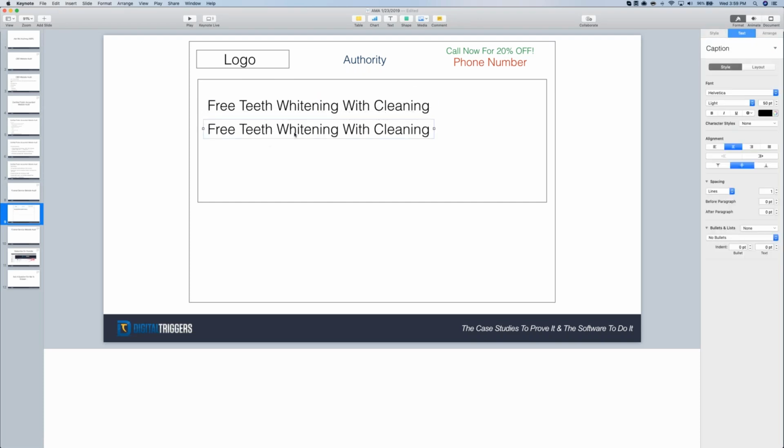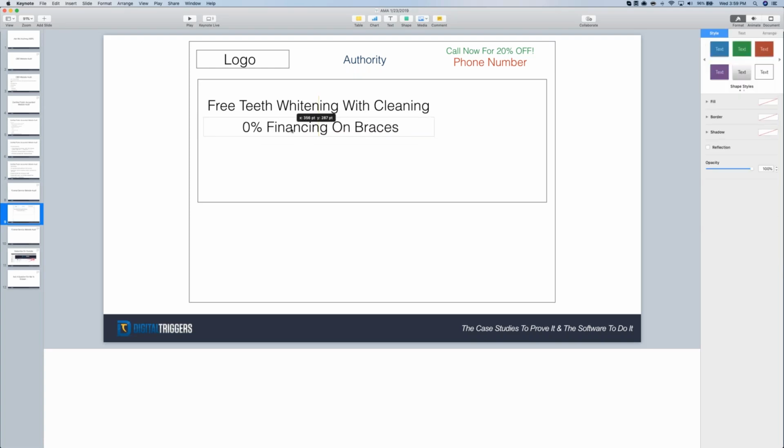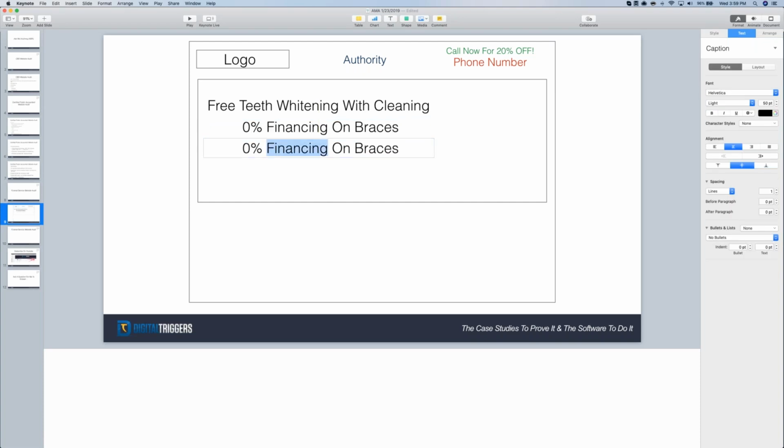What's another offer? Braces. Okay, so if they do something with braces, be like 0% financing on braces. Okay, next one. Let's go with something cosmetic, right? Because cosmetic is big ticket. Cosmetic is really big ticket. So save 10% on,